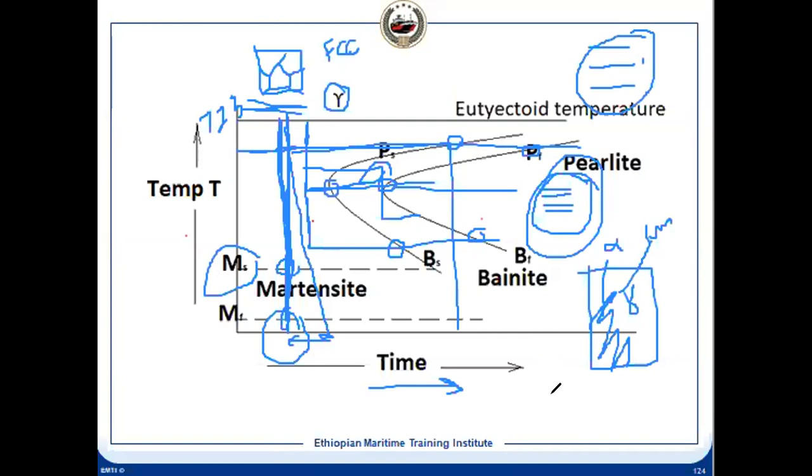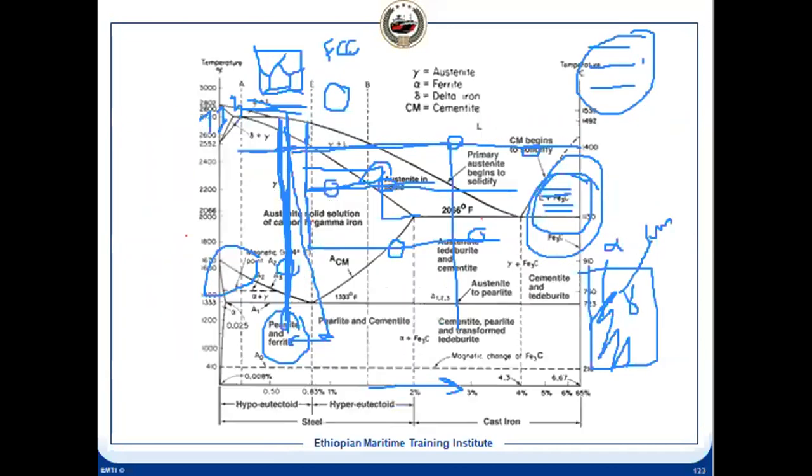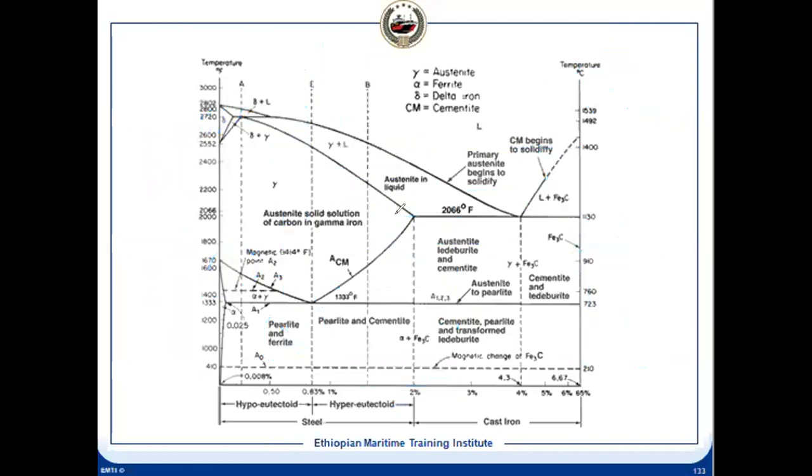Once I come to that diagram, it will be very clear to you that it is the same diagram. If you see this, this is the eutectoid temperature. This side is the cast iron. Can you see this? Yes. This is the steel. It is the same iron carbon phase diagram. I'll come to this in detail. Okay. And you have a question.